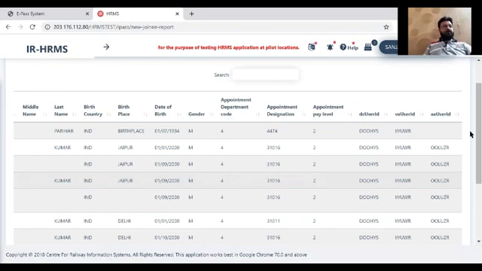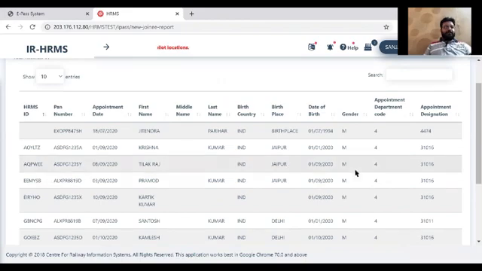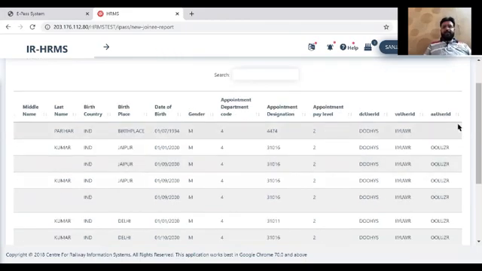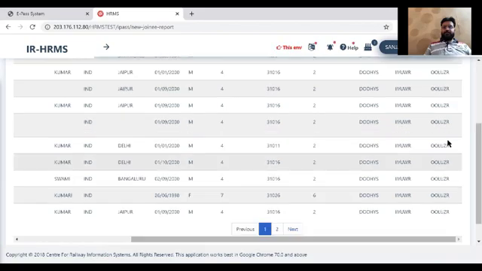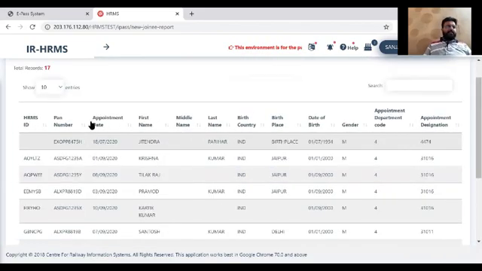If the employee's current information is not accepted yet, then the accepting authority ID will be blank here. Wherever you find the accepting authority ID blank, the HRMS ID for that employee is not generated yet. Once the accepting authority accepts the current career event update, it will create an HRMS ID.